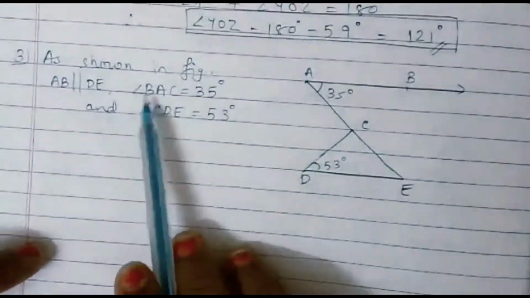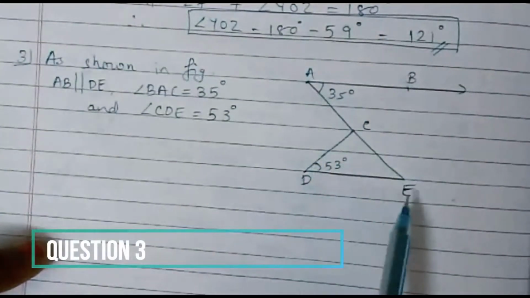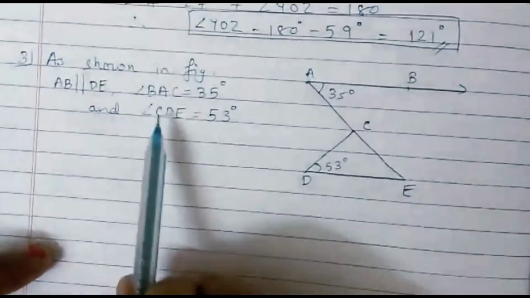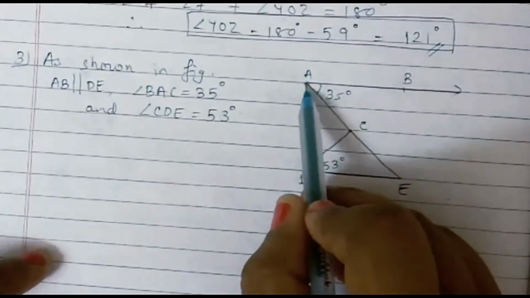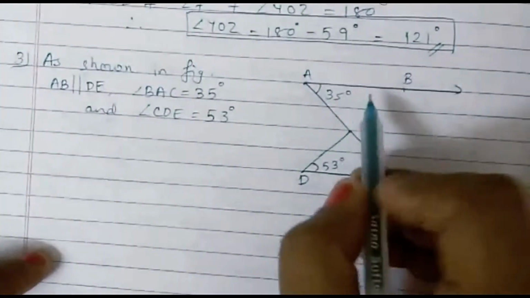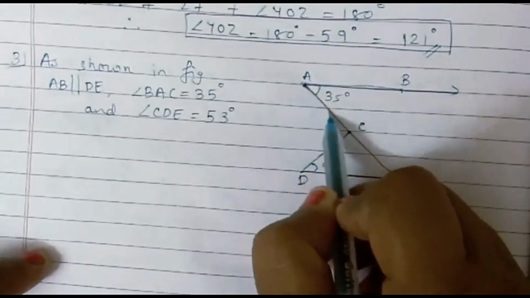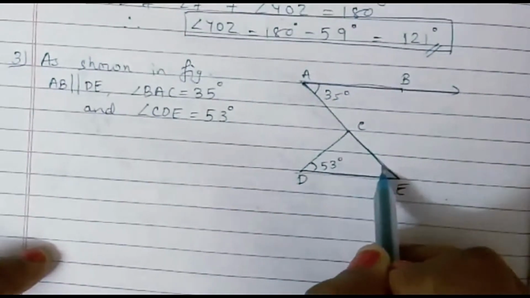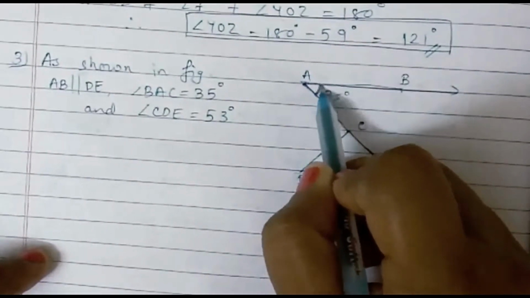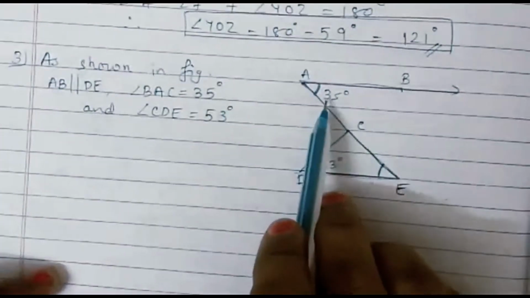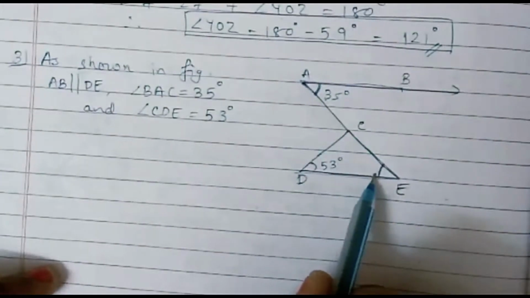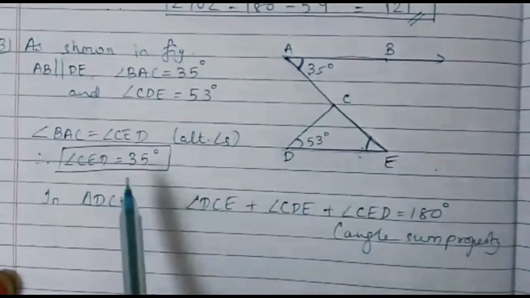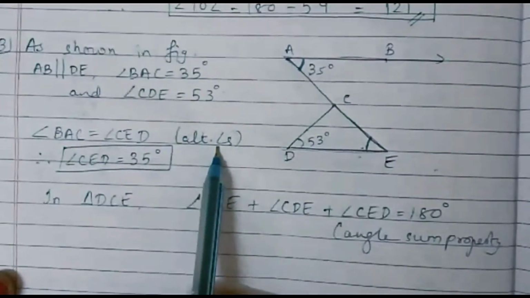Come to the next sum. You can see in the figure AB and DE are parallel. Now this is the most important thing before going to any of the angles. As AB is parallel to DE, can I say angle BAC will make alternate pair with angle CED? Yes, and alternate angles on parallel lines will always be congruent. So if this angle A is 35, this angle E also will be 35. So let us write that much. Now we have angle CED as 35 because of alternate angles.